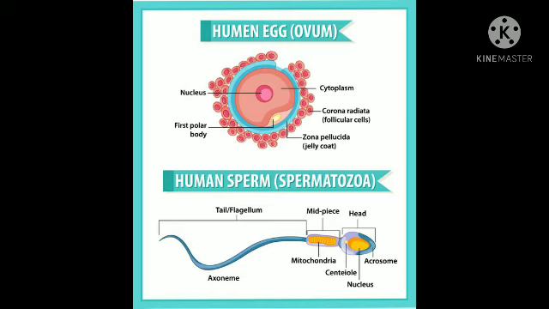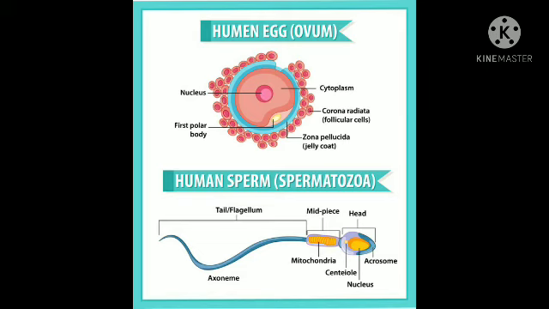Third layer is known as corona radiata. It is the outer thicker coat that is formed by radially arranged cells. As is shown in the diagram, these are granular kind of cells which surround the egg, and they are responsible for ensuring the fertilization. Between the vitelline membrane and the zona pellucida, there is a space known as perivitelline space that is necessary for ensuring single sperm entry with the female ova.